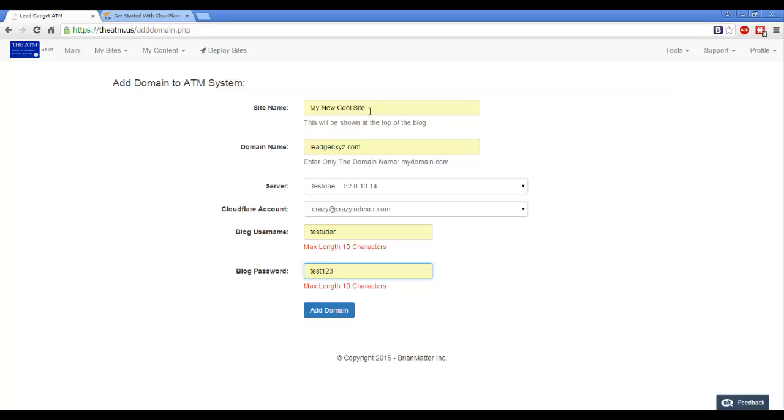The site name is what's going to show at the top of the blog. The domain name is obviously the domain name for the blog. The server is a drop down here. You can select if you have multiple servers. Cloudflare account, same here, if you have multiple Cloudflare accounts. The blog username and password: when the ATM actually deploys the site, that'll be the login username and password that you need to use to